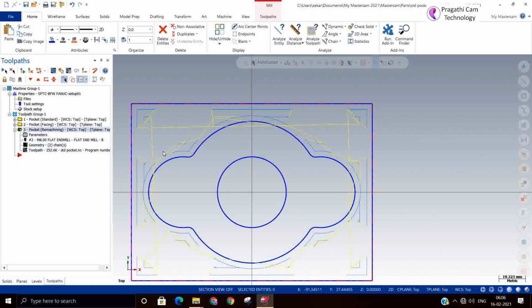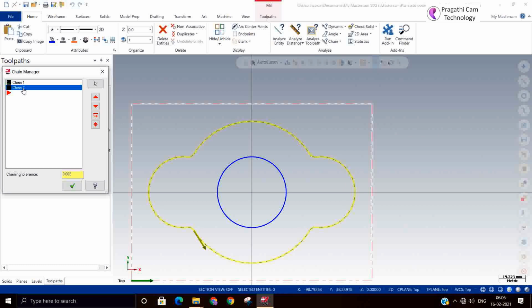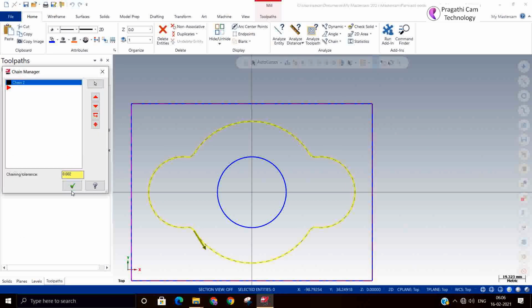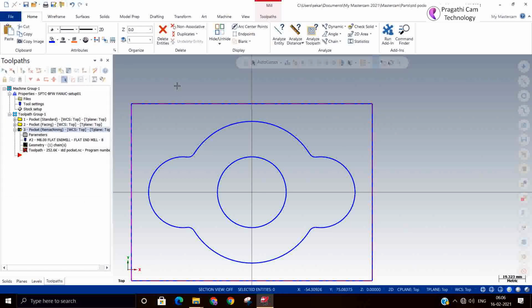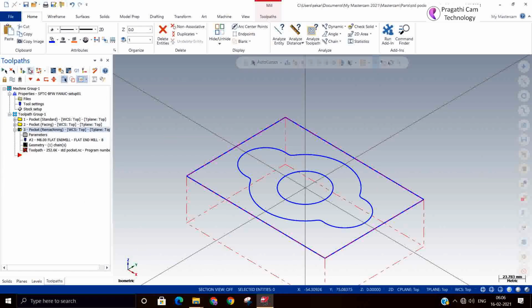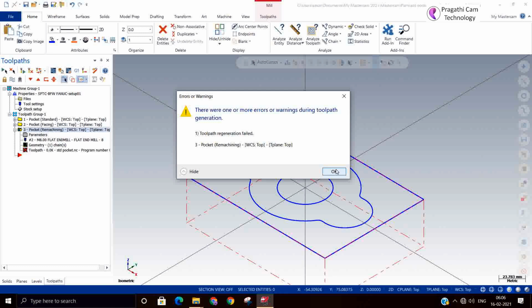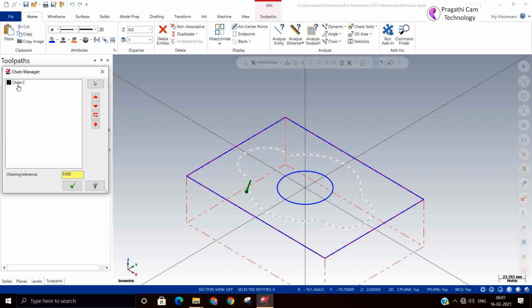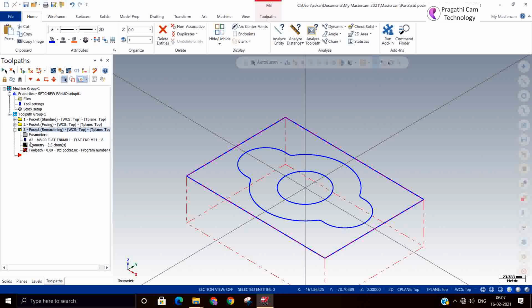now you have two chains. Now I remove one chain, the outer chain, and I'll regenerate. I think it will not work here because it is considering the standard pocket.